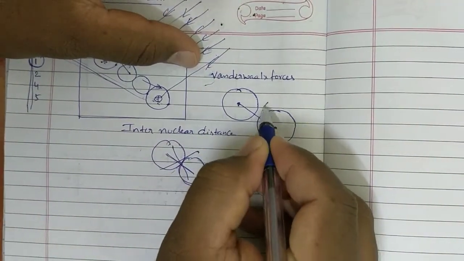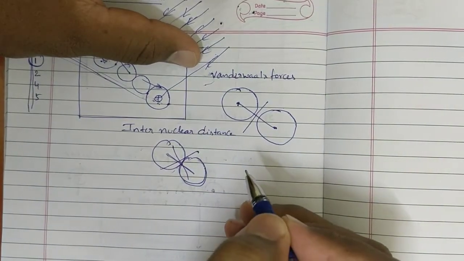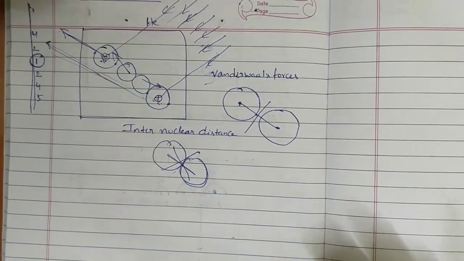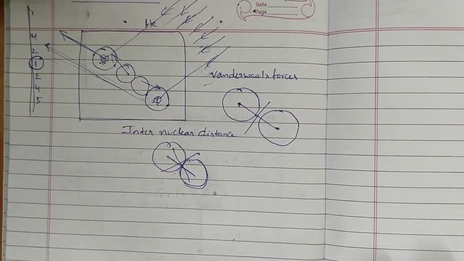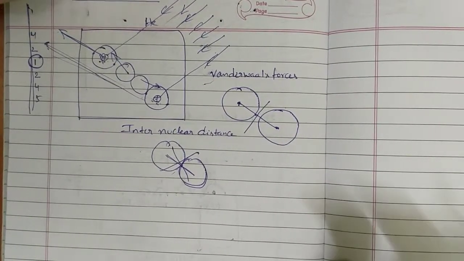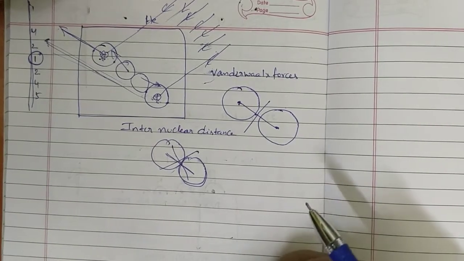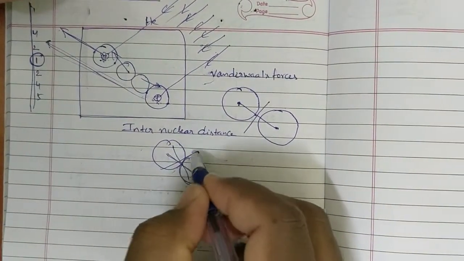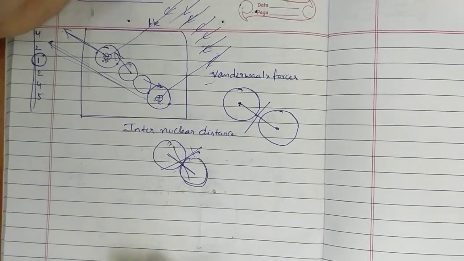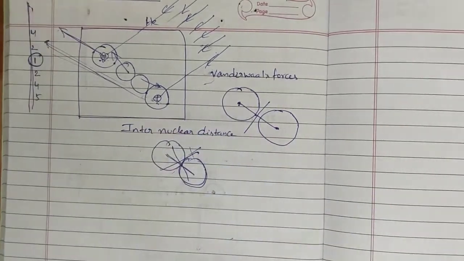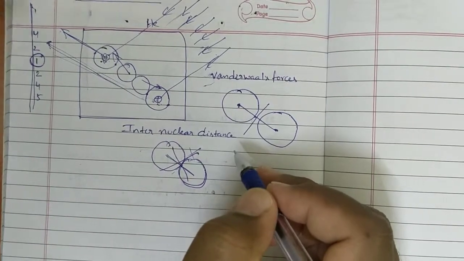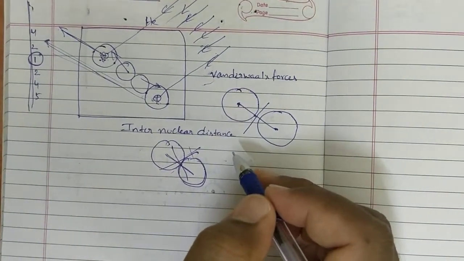And half of that internuclear distance is called van der Waals radius. But this extra is there, na? That one we are getting as the value. We cannot do anything, because no scientist is going to find the exact value, because that collision time is very small. Because the collision time is very small, even X-rays are not able to recognize the particles at collision time. That's why they take this as our value for van der Waals radius.